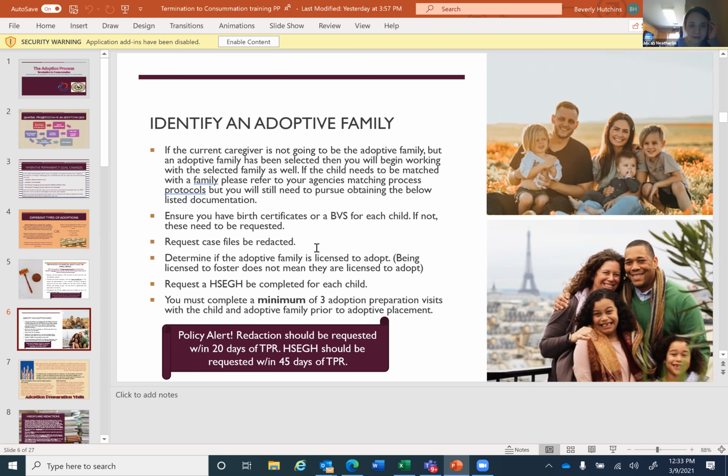You said HESIG, I think. Most of the time, if it's a relative, they know the information that goes in the HESIG. But if it's a relative who has not been closely involved with the family, it would probably be a good idea for them to get the HESIG, because it gives the family history, things with aunts, uncles, grandparents. It gives a lot of that information. So if they are not really familiar with the family, if they haven't been very close,